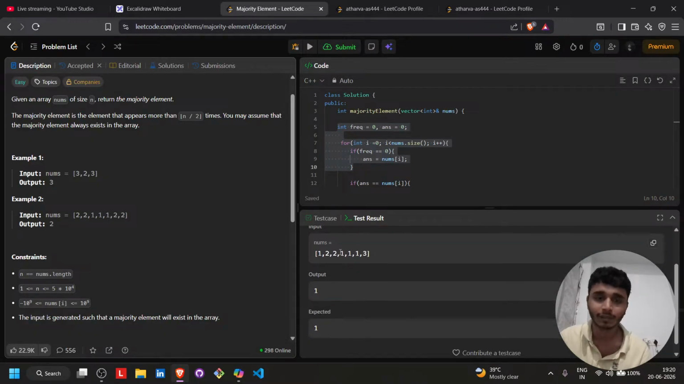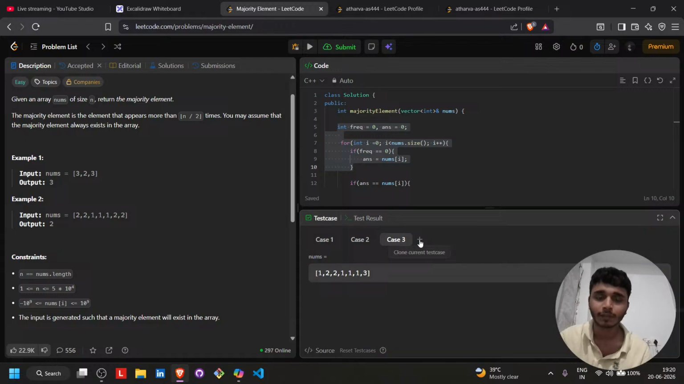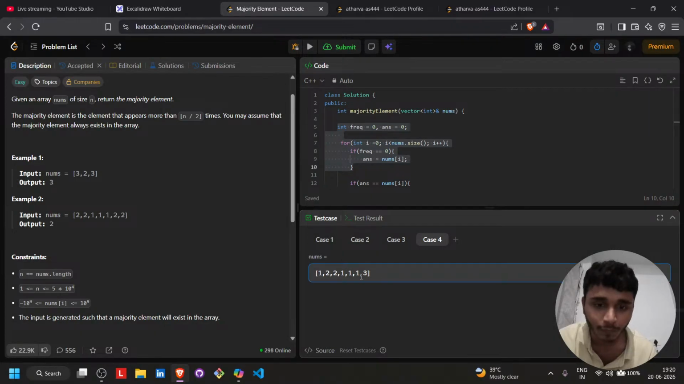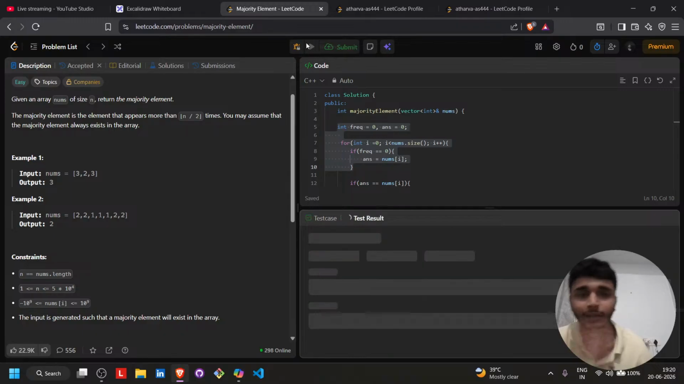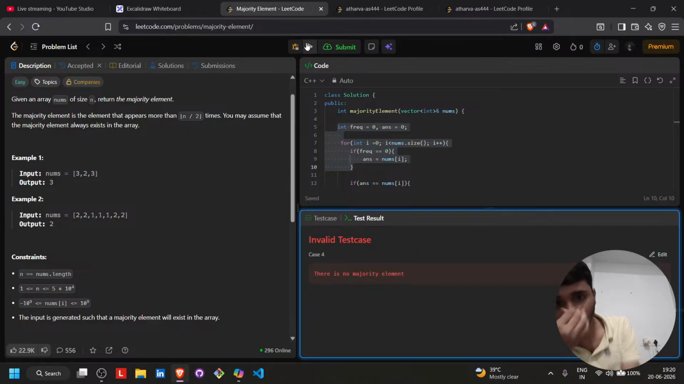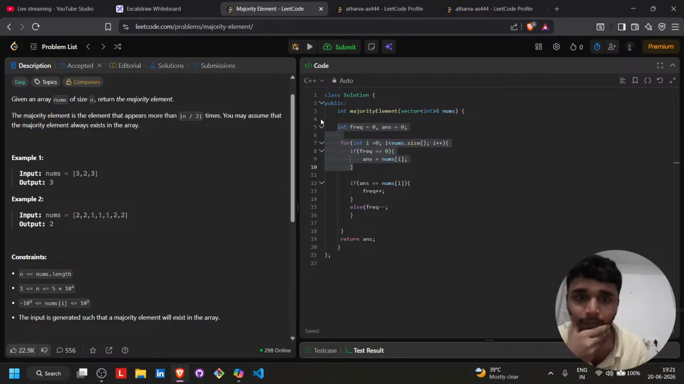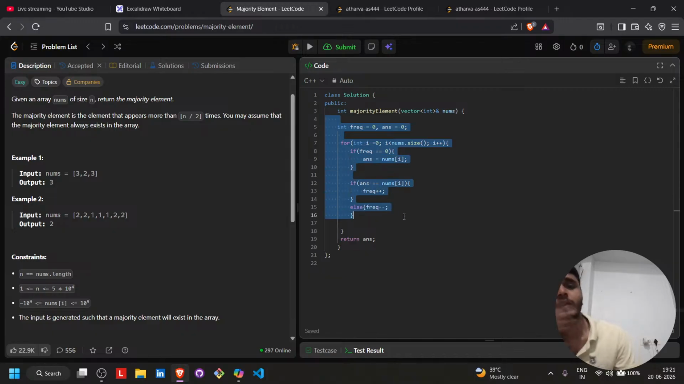We have already seen here. If I create the test case again, 1, 2, 2, 1, 1, 3 and 3. Okay, it will again give that error because there is no majority element that exists in this case. So this is how